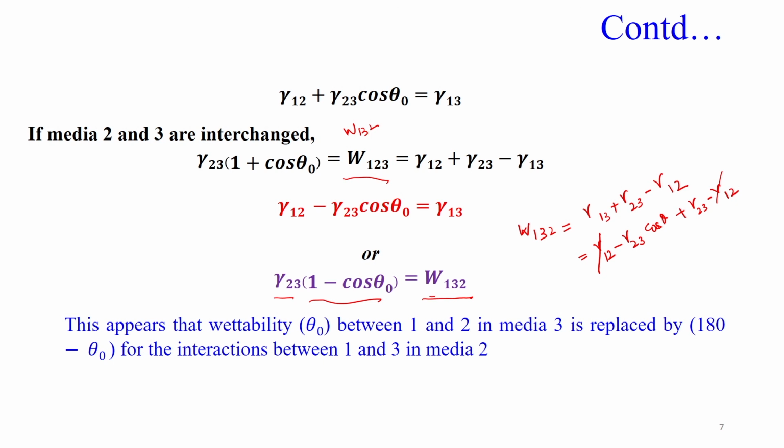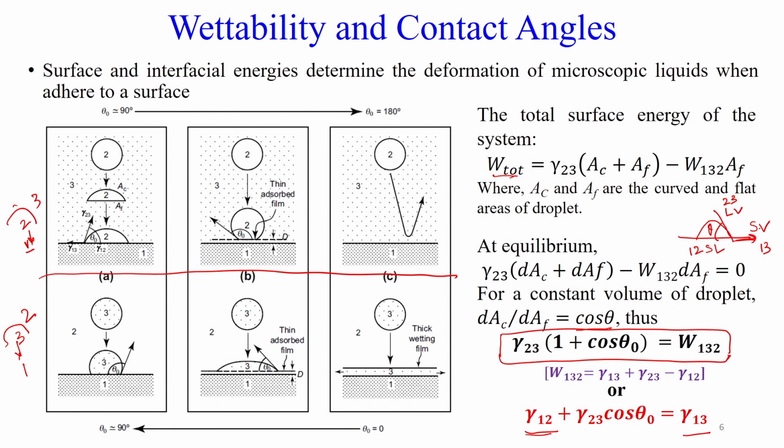So, what it says is, if you exchange the medium 1 and 2 in medium 3 and 1 and 3 in medium 2, the angle theta will be changed to 180 minus theta. So, the theta 0 that was there in the first case will be replaced by 180 minus theta. Now, if you go to the last slide, just see, in this case it was not wettable,